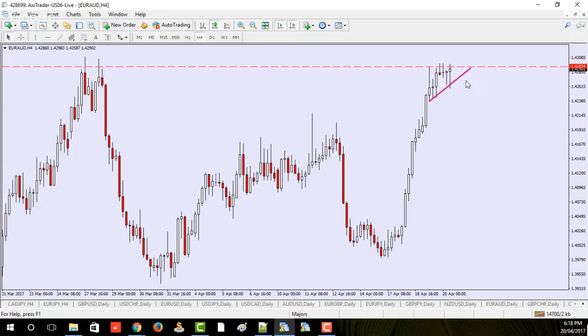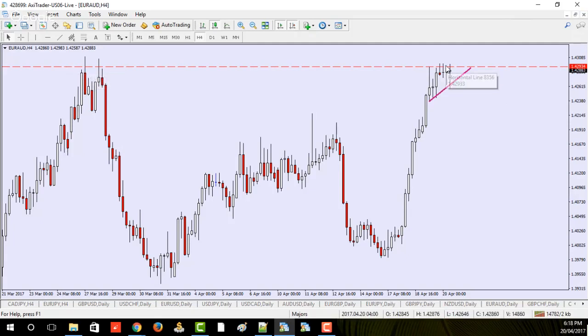Now here's another one. Now this one's a little bit tricky because people get faked out on this, and to be fair, you have to be careful to make sure that it's going in your favor, the direction you expect. Typically what I like to see with this is a trend like this. The market's going strong in one direction, which it clearly is on the Euro Aussie, and then it starts to consolidate. And it consolidates in a very specific way, which is to say that we've got a very nice level of support and resistance, in this case,